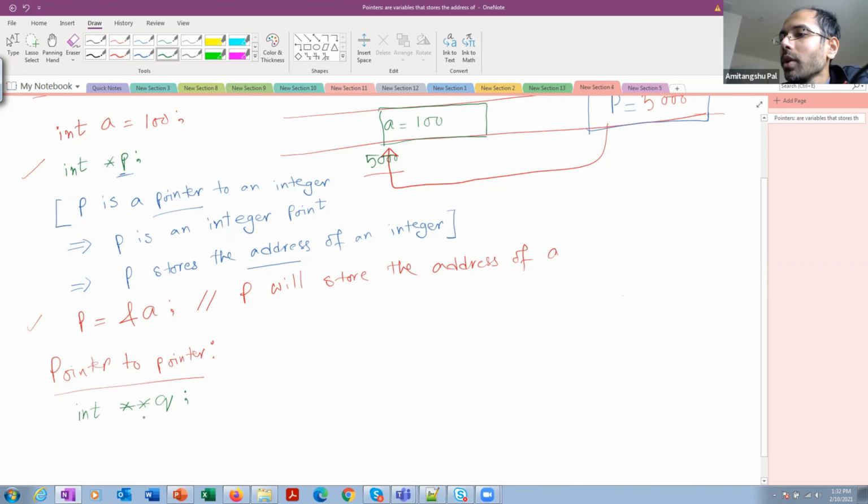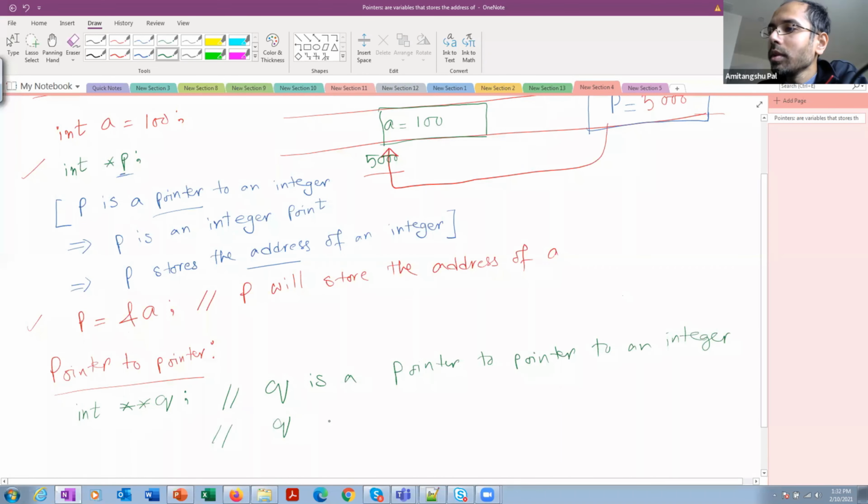Here I am reading Q is a pointer to an integer pointer.